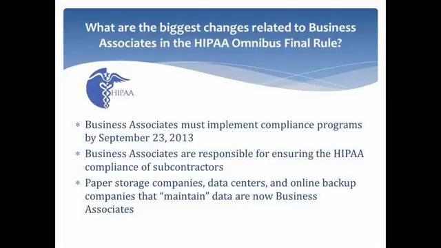It's a good question, Brian. They're pretty big, and they go back to the HITECH Act of 2009 that said that business associates will have to comply with HIPAA the same as covered entities and also be directly responsible for data breaches and non-compliance. Directly responsible means that if the business associate causes a data breach, unlike in the past, they will be able to be fined and penalized for that data breach by the Office for Civil Rights, which is a department in the U.S. Department of Health and Human Services.